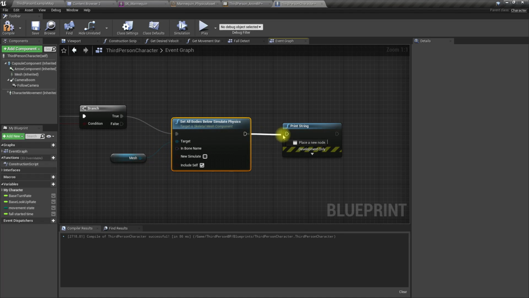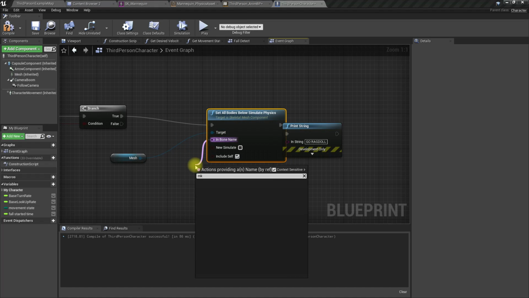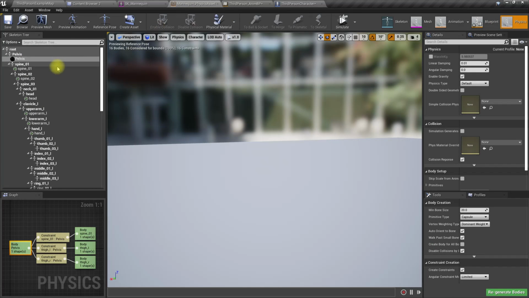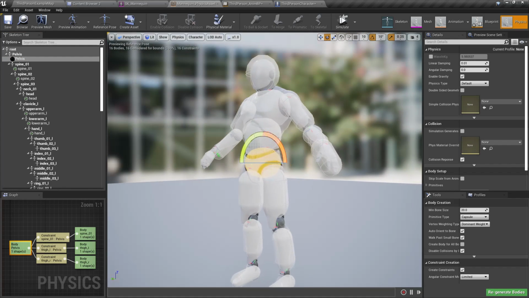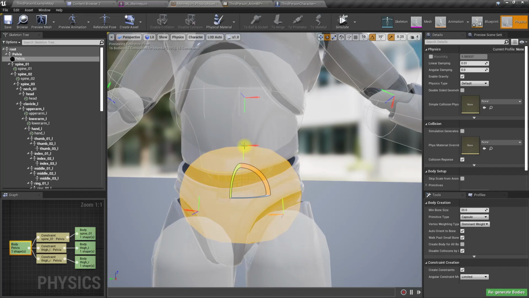Now here what if I use something like pelvis? What are the constraints of the pelvis?